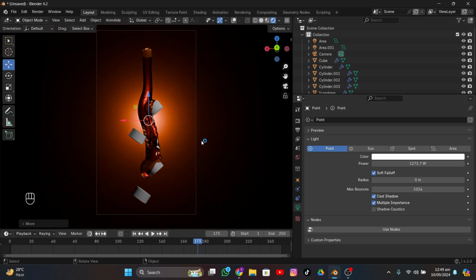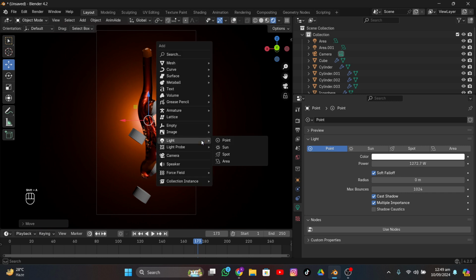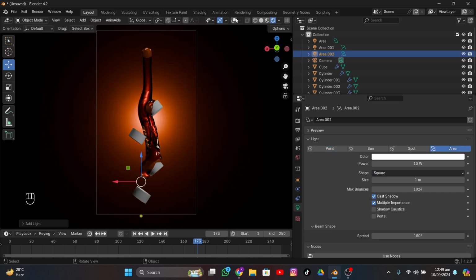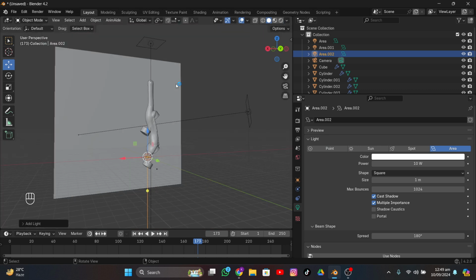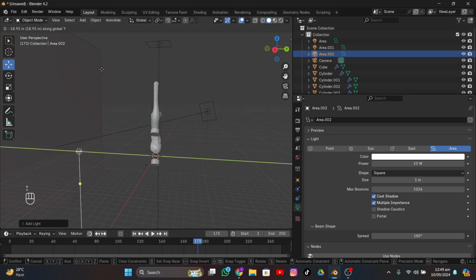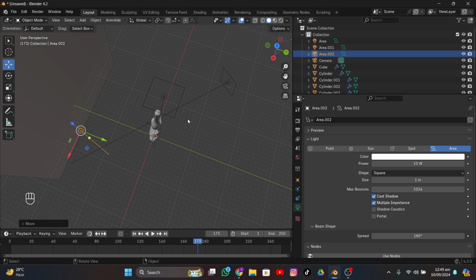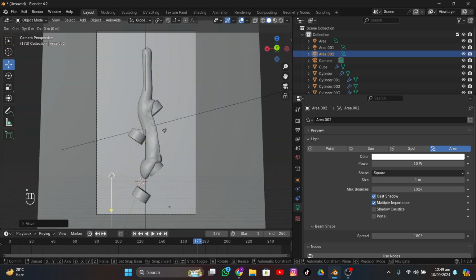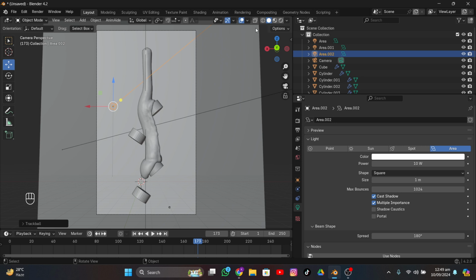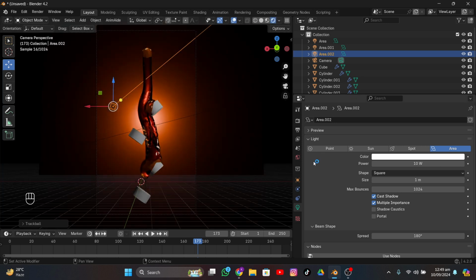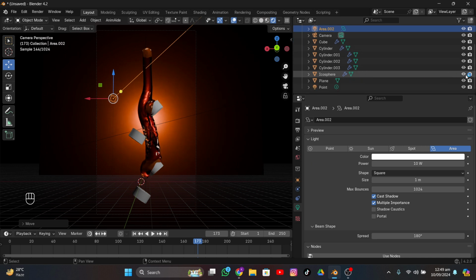Okay, so Shift A, I'm gonna create a new light. It's going to be an area light, and I'm gonna go ahead and click G and Y, and I'm gonna move it backward. I'm gonna move it a bit up like that by hitting G. I'm gonna click double R and move it like that. And if I go into render, okay, so first of all, if I come up here, I can hide the icosphere from render and viewport, and if I increase the power to 1000